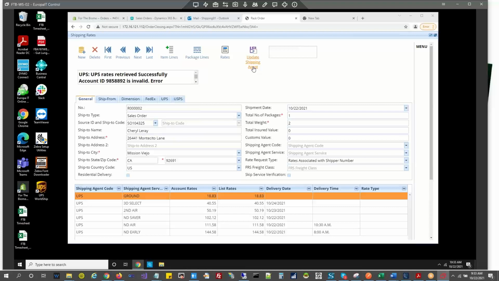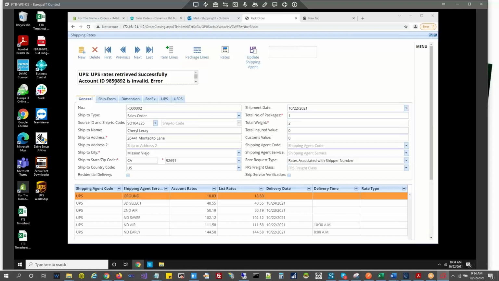So it looks like it's not giving us any USPS options though. Right, here we can see it saying that account ID 9858892 is not valid. Is that the Indicia one? Yes. This is the account number which you shared in your last email.